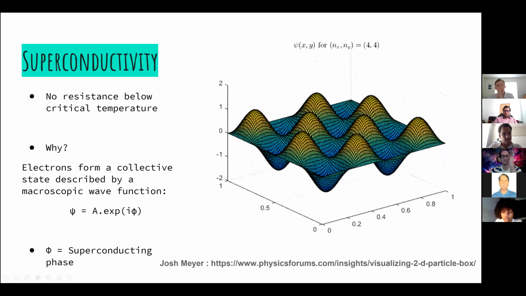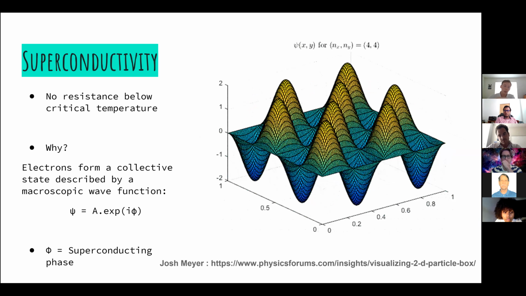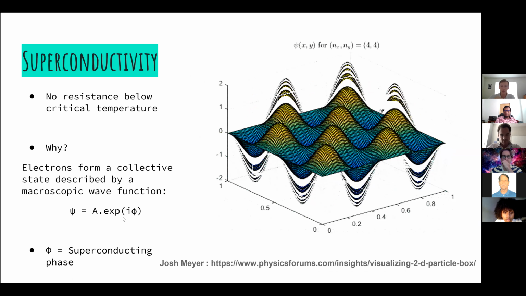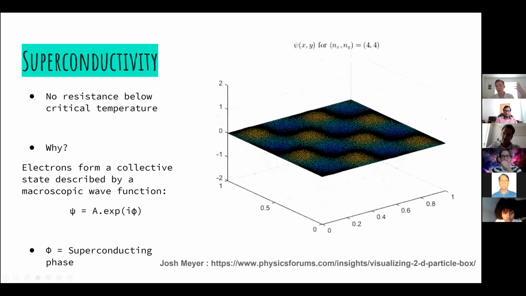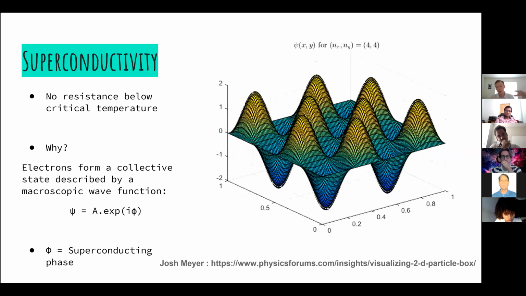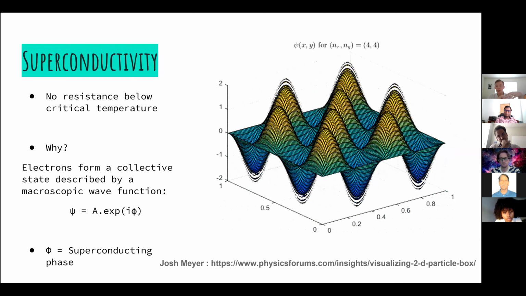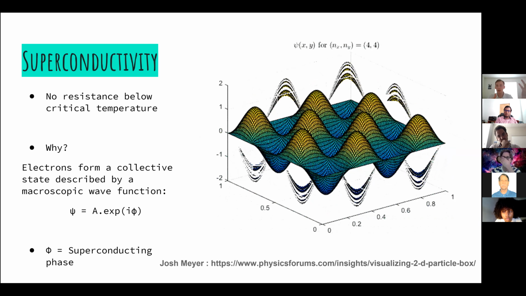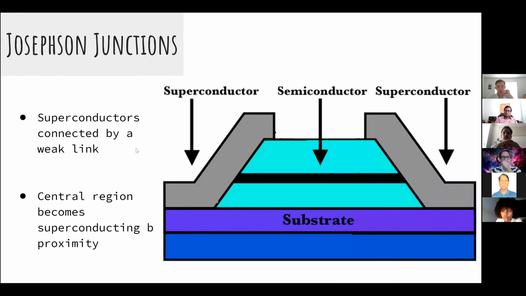Okay, so all of the electrons will settle down into one macroscopic wave function given by some complex function like this. So we have an exponential e to the i phi, where phi is our superconducting phase. And so what this basically does is that as a collective wave function, none of the electrons act individually and nothing can be scattered. So we have 0 electrical resistance in this regime. So for Josephson junctions,